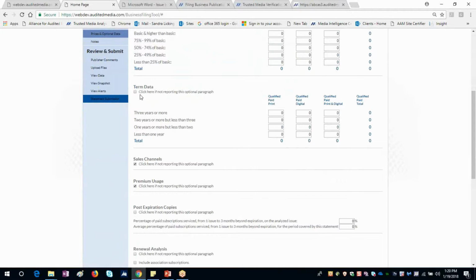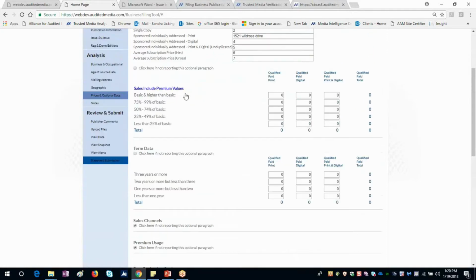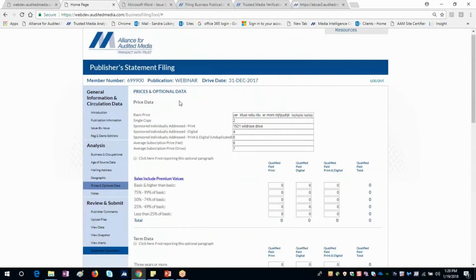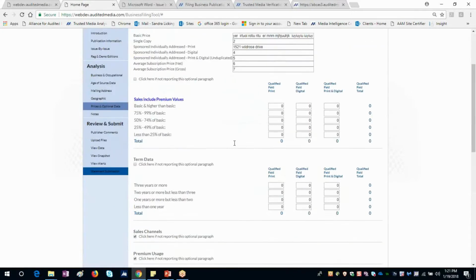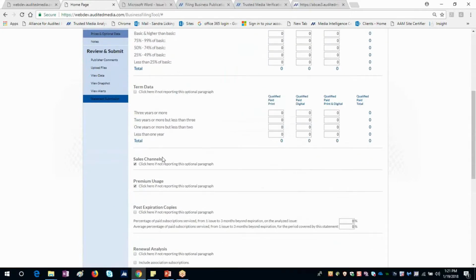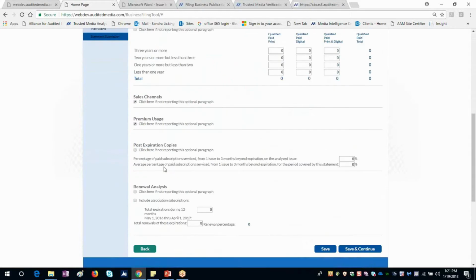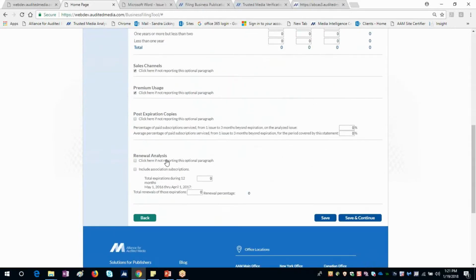Again, it's kind of 50-50 whether or not people fill this out because it is optional. You have to fill out the basic prices and your single copy prices if you have that. But the term, sales channel, premium usage, post expires, renewal, those are all optional. So if you're not reporting it, you're going to want to check the box saying you're not reporting.